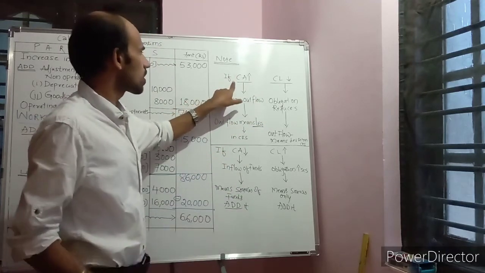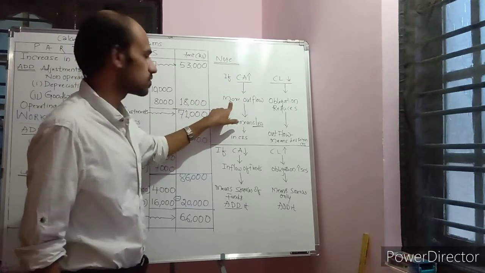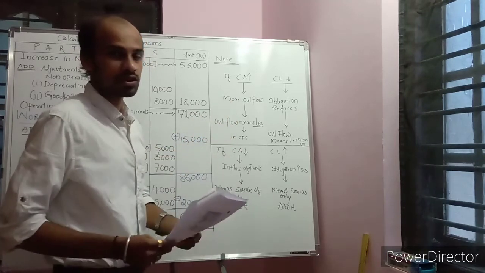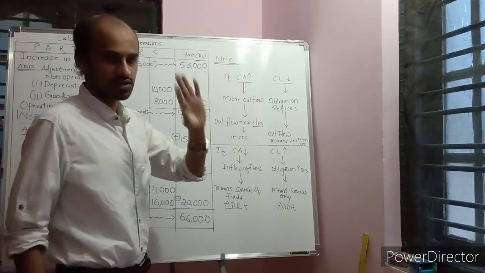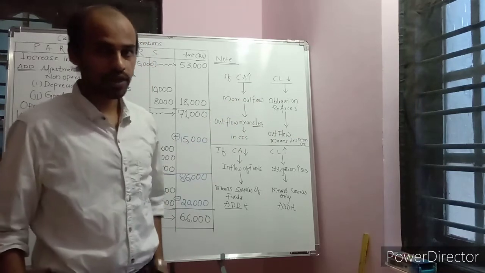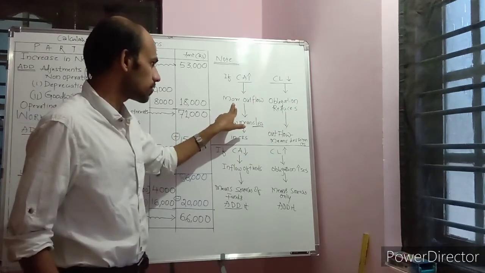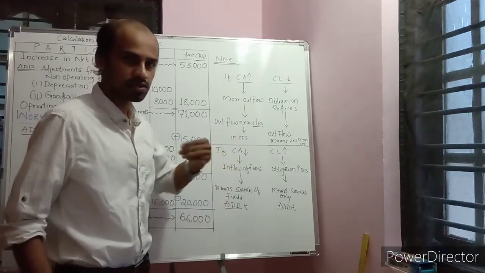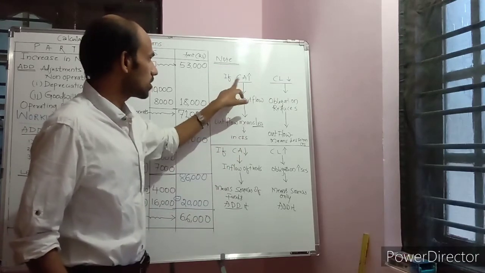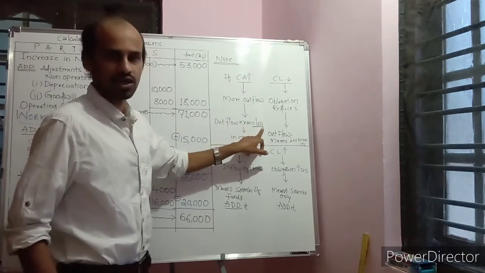If current assets are increasing, that is nothing but more outflow of funds. Suppose you are purchasing any kind of assets, you are paying money, which means money is going out of your pocket. So that is outflow of funds. Outflow means less, you are making the payment. Therefore, if current assets increase, it is outflow of funds, which means less.